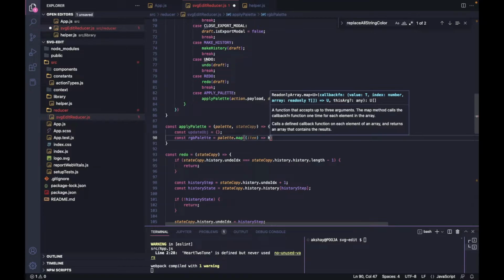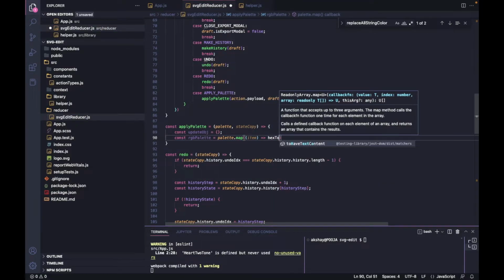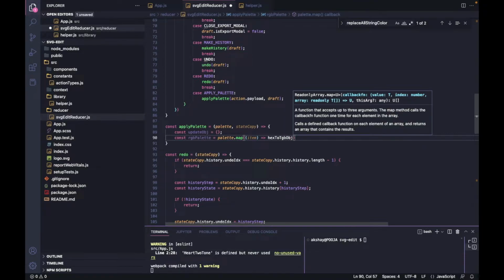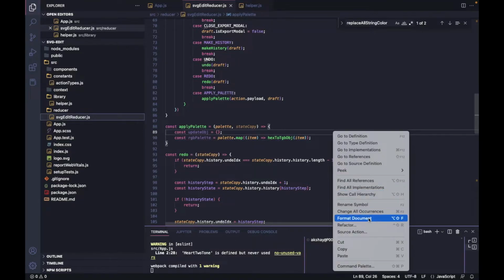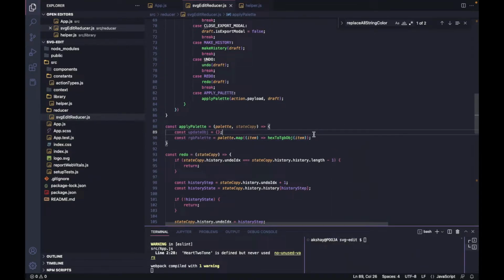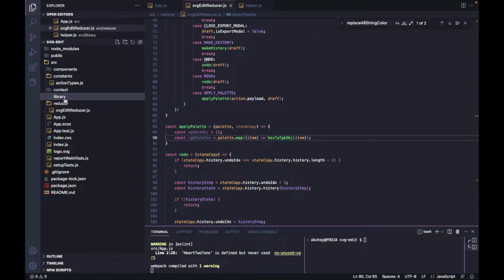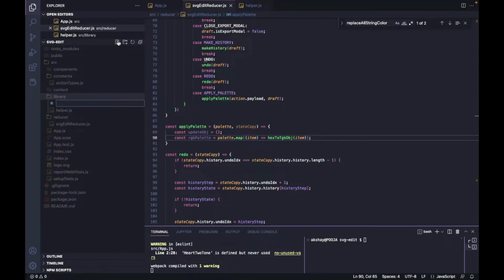So we'll write hex to RGB object. So we'll pass item here. So this is again one function which will use one external library which we already installed in the beginning, color convert, right? So what we can do inside a library, okay, so we can create a new file that will be color convert